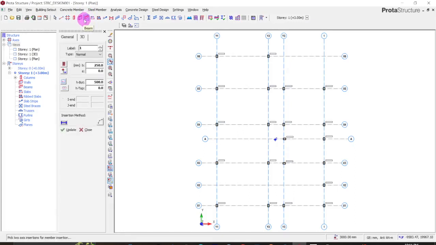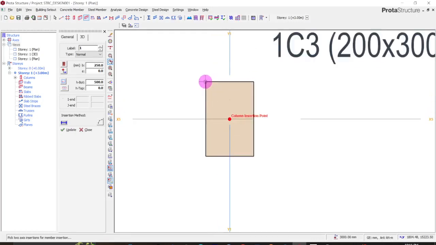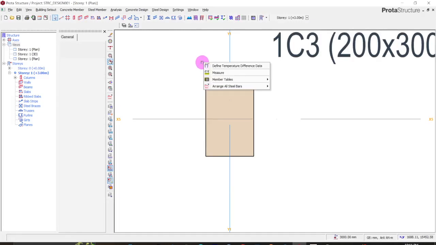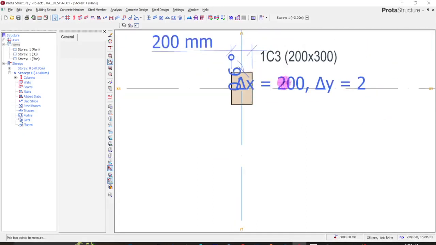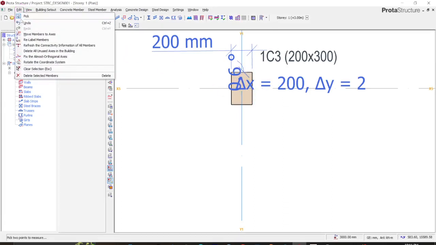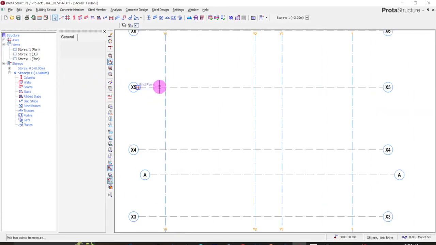So once you click on beam, you define your beam based on the column size. So if you want our beam to flush exactly with the column, we remember our column dimension. If you're not sure of the distance, you can just click there and then you can check, these are around 200. The lower one was 300. So this was a column of 300 by 200. So our beam should be,